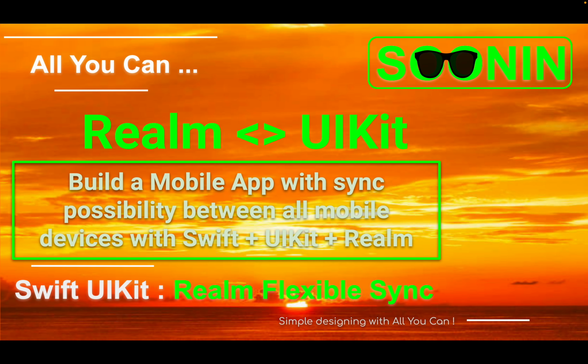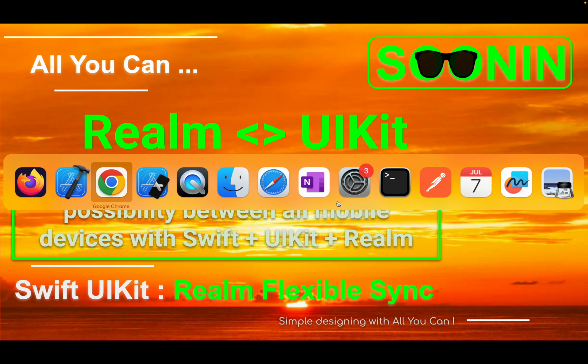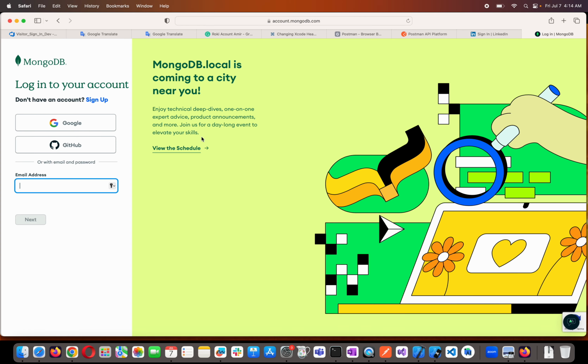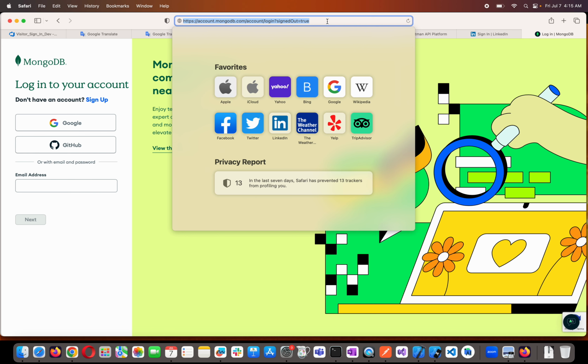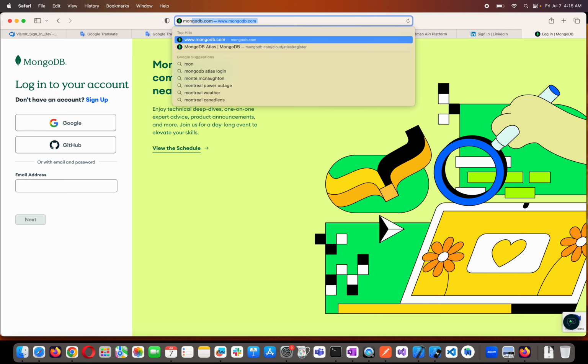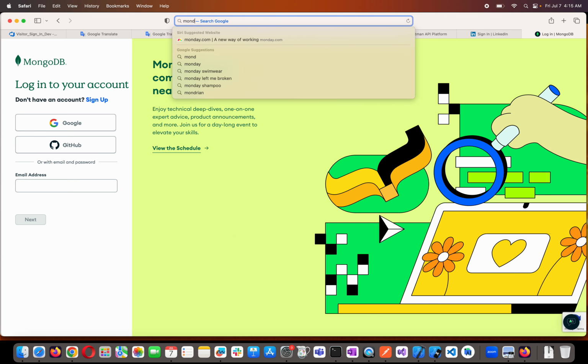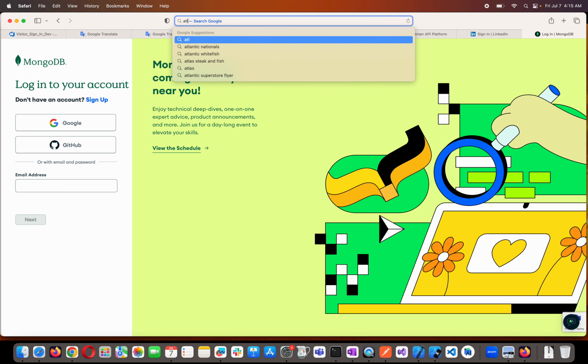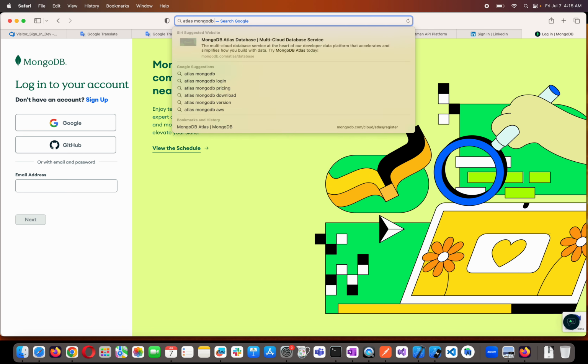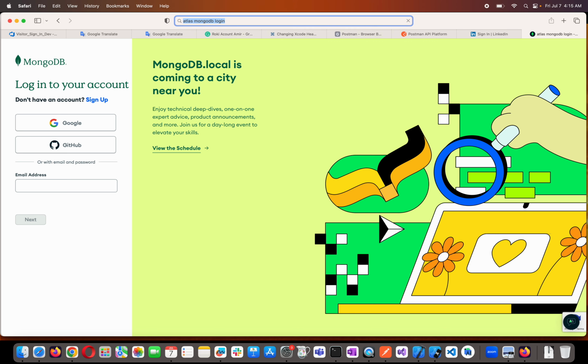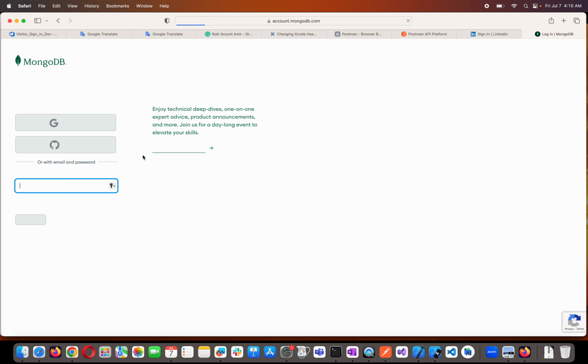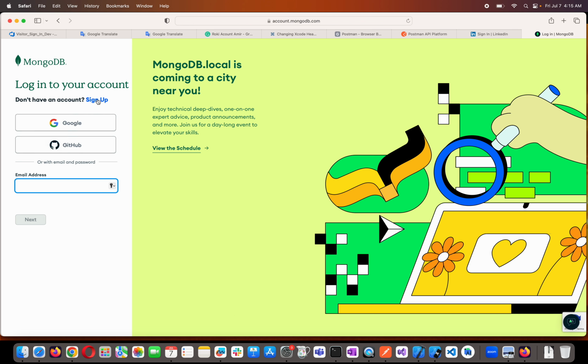let's create our MongoDB Atlas. What you need to do is look for MongoDB Atlas login, and it will direct you here, or to a sign up page. You can sign up or you can log in. I already have an account, so I'm going to log in with that, and then